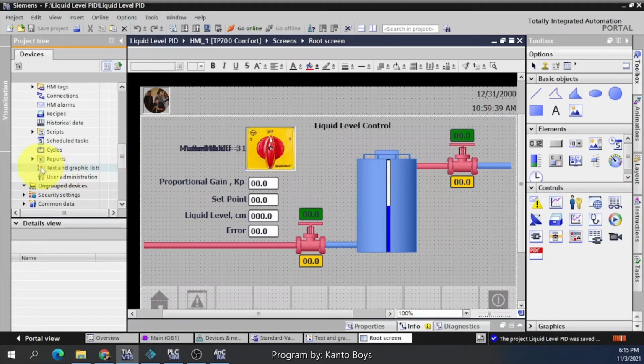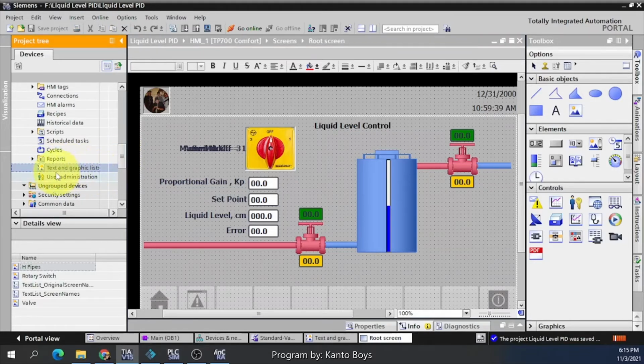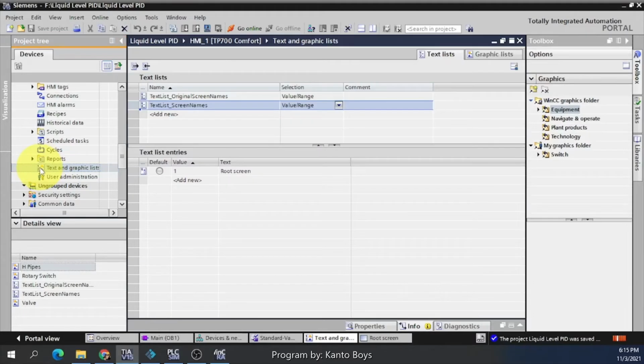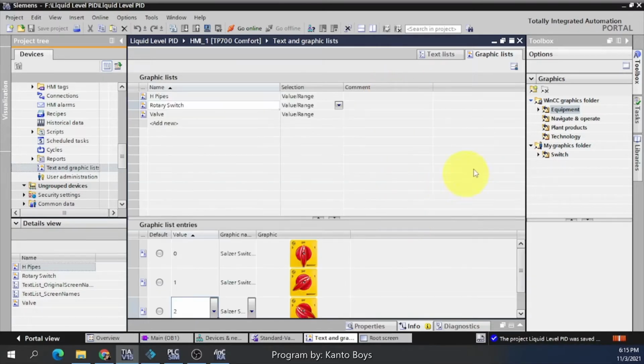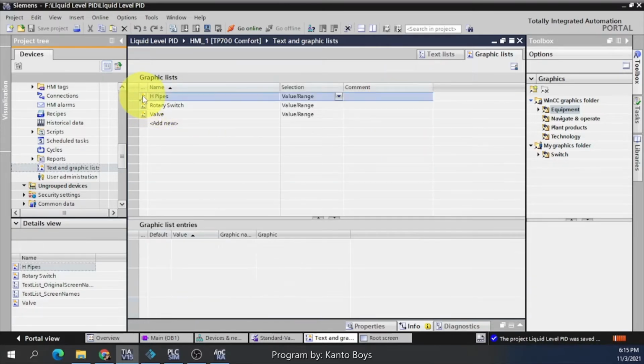We go here in text and graphic, double click, and then click the graphic list. So we have a graphic list. I input here 3. We have the horizontal pipe.